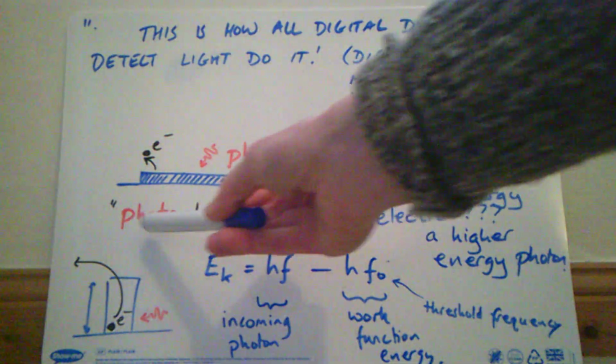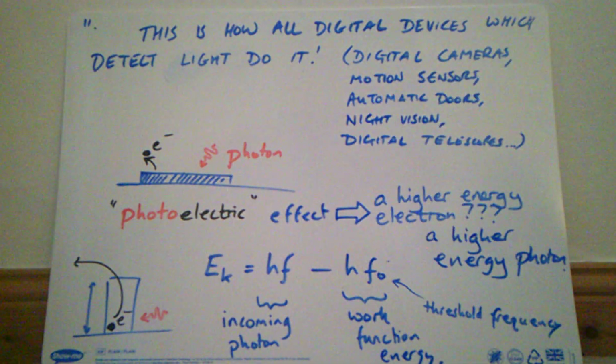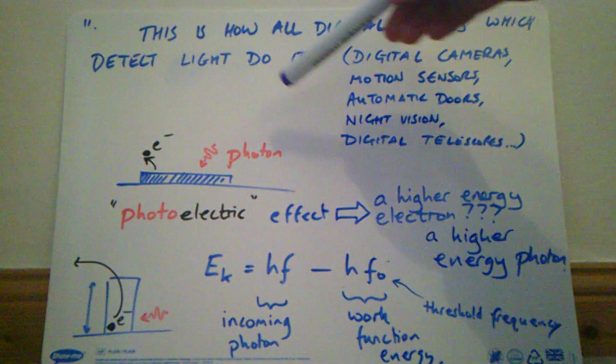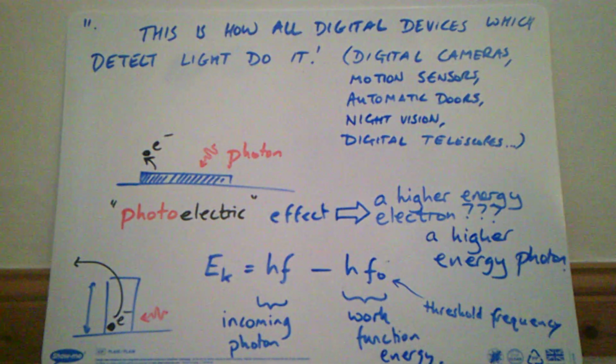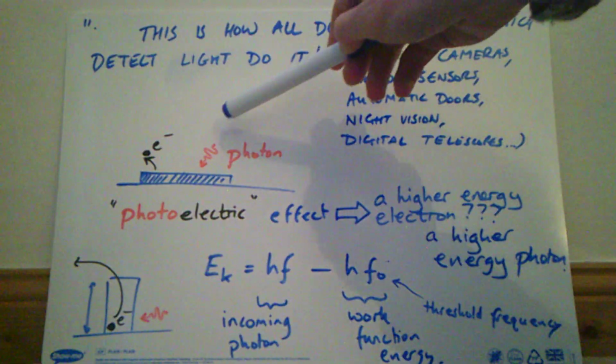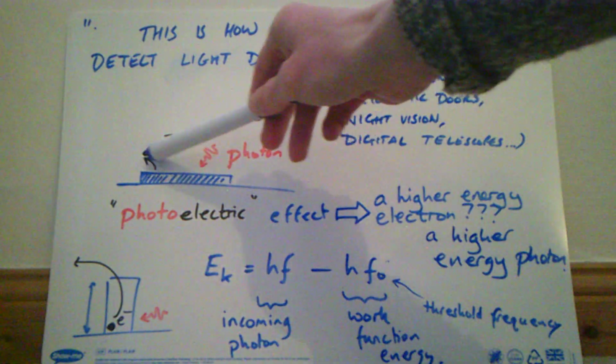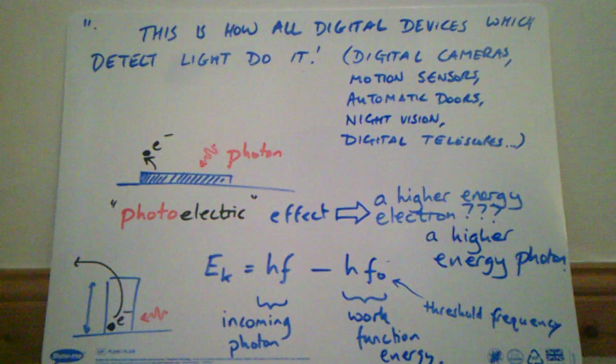Now this is known as the photoelectric effect. Photoelectric sounds very complicated, but it's actually a very simple idea. Photons come in and electrons come out. So if the work function energy is the energy needed to just jump an electron out, just dribble it out of the top,